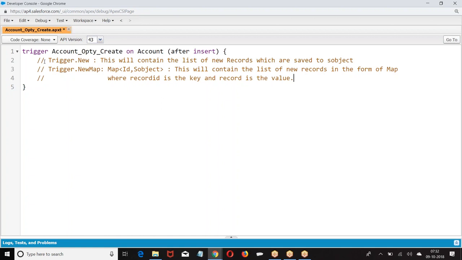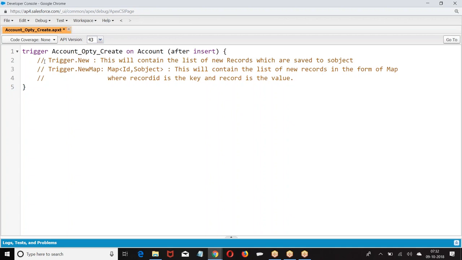Trigger.new is the list of new records which are saved. Trigger.newMap is the same list of records but stored in the form of a map where record ID is the key, record is the value. These are the two trigger context variables which I have in after insert.